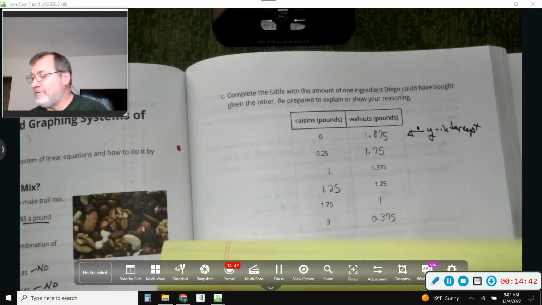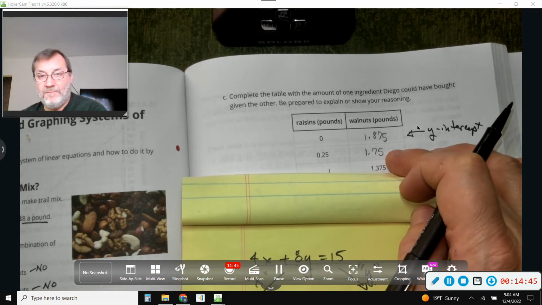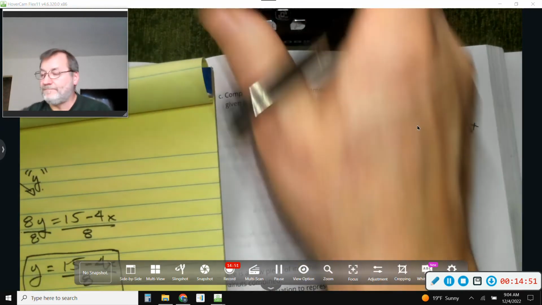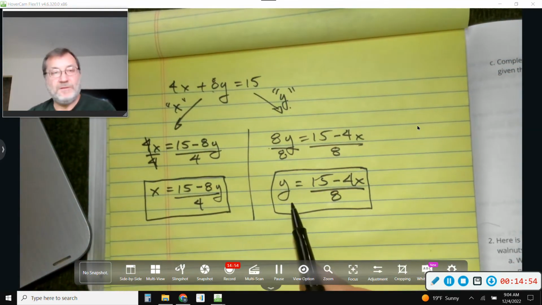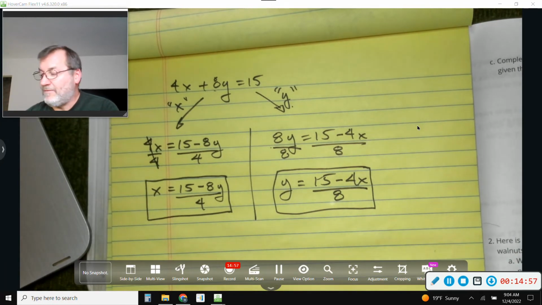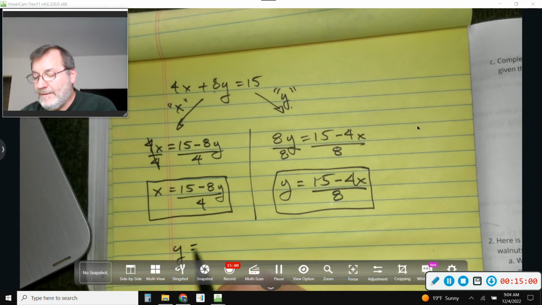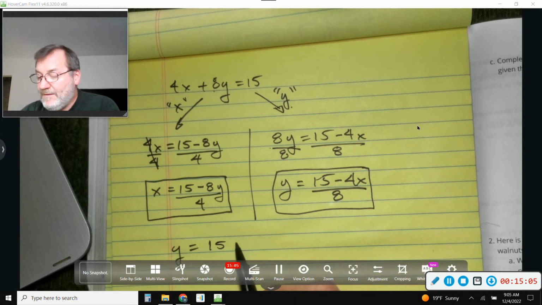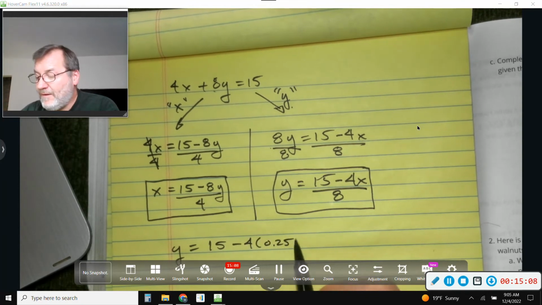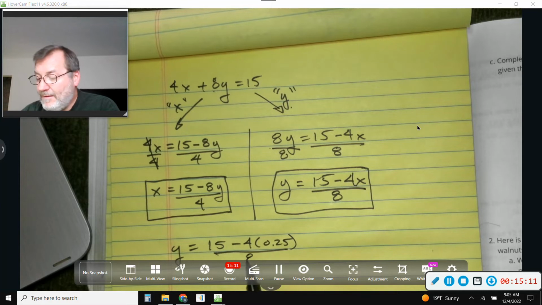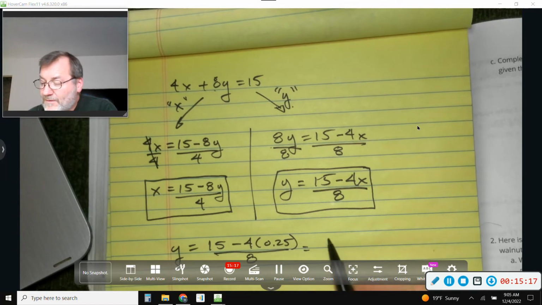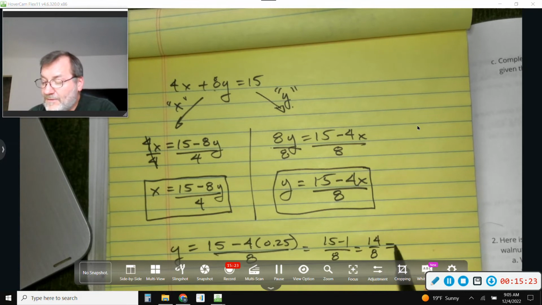All right. So let's go through this next one. Again, I'm solving for the amount of walnuts. So let's see if we can find that. That means I'm going to solve for y. So I'm going to use this equation on that side. Wherever it's blank on that side, I'm going to solve for that. So y equals, in the second one, they're giving you 0.25 pounds of raisins. So 15 minus 4 times 0.25, divided by 8. Well, let's see. 4 times quarters, right? 4 quarters is 1, so that's 15 minus 1 divided by 8, which is 14 divided by 8, which is,